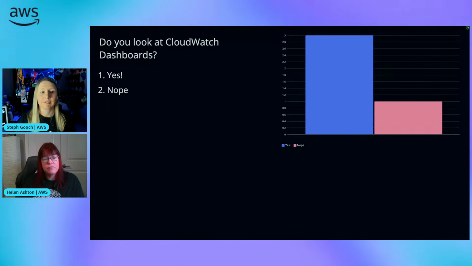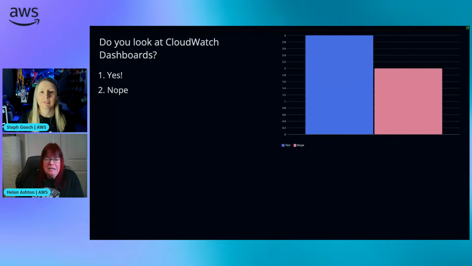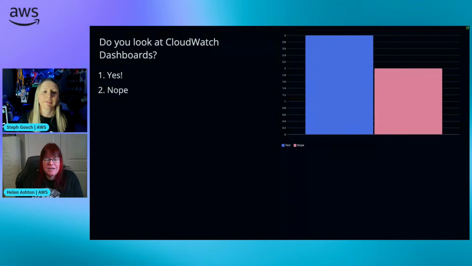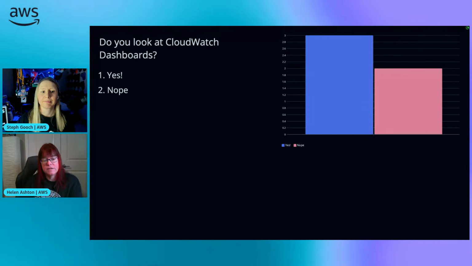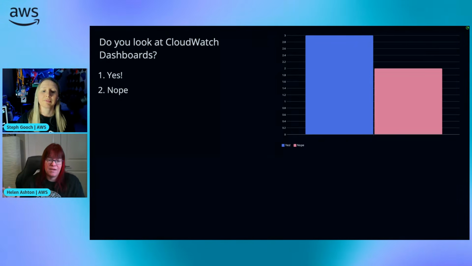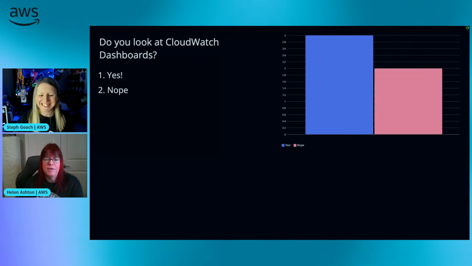pockets of really, really good practice out there, but there's an awful lot of people who are still going, what do I need to observe? I don't really know what I need to do. How will it help me? And so a lot of the conversations I have with people are about, where is your main focus and what are the different ways to get started without trying to do everything in one go and just drown in signals, trying to get something useful up front. I'm all about useful.